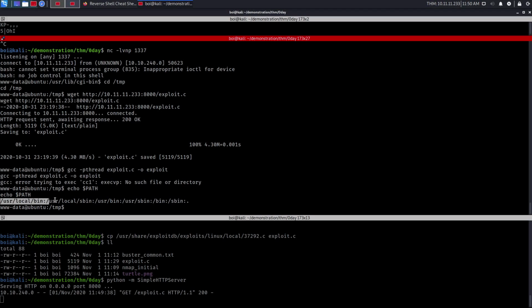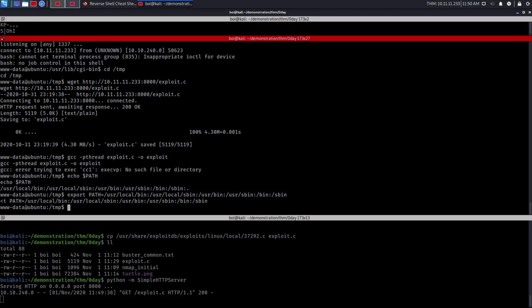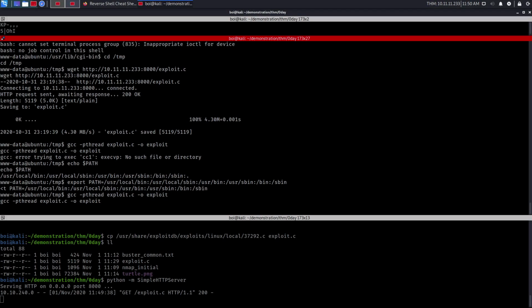So I'll just copy it from here till here and I'll export it. Now if we again run the compiling command, it should work fine.